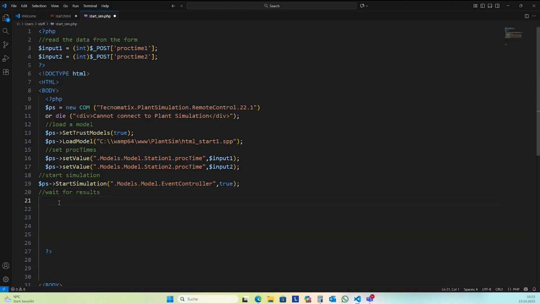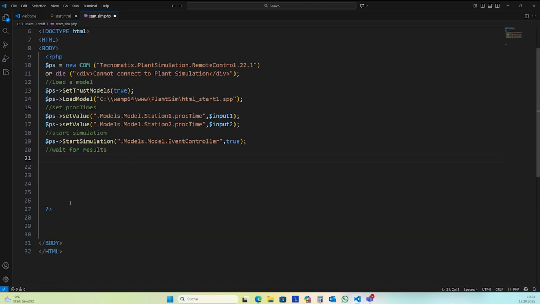I make it here in a right brutal way. We can let open this page and wait inside this program, for instance, with a while loop.